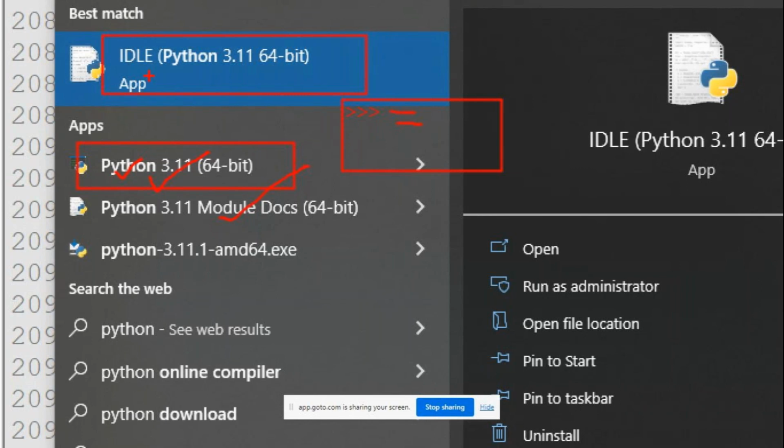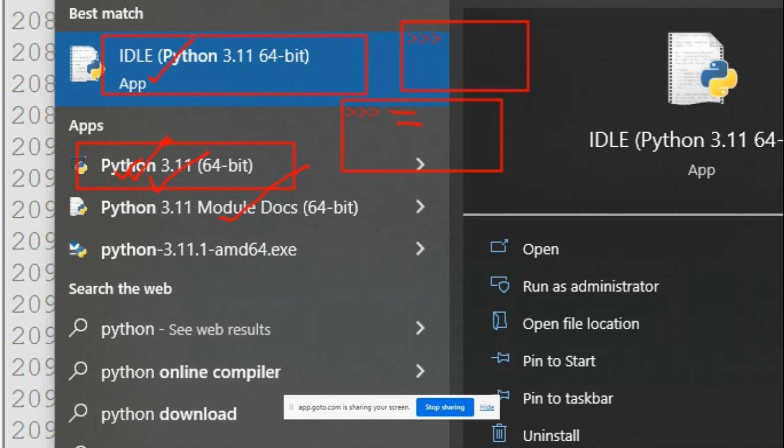If you click on IDLE, you also get a white screen, the same as the command prompt. Here also you can execute Python code. This is called the Python shell.